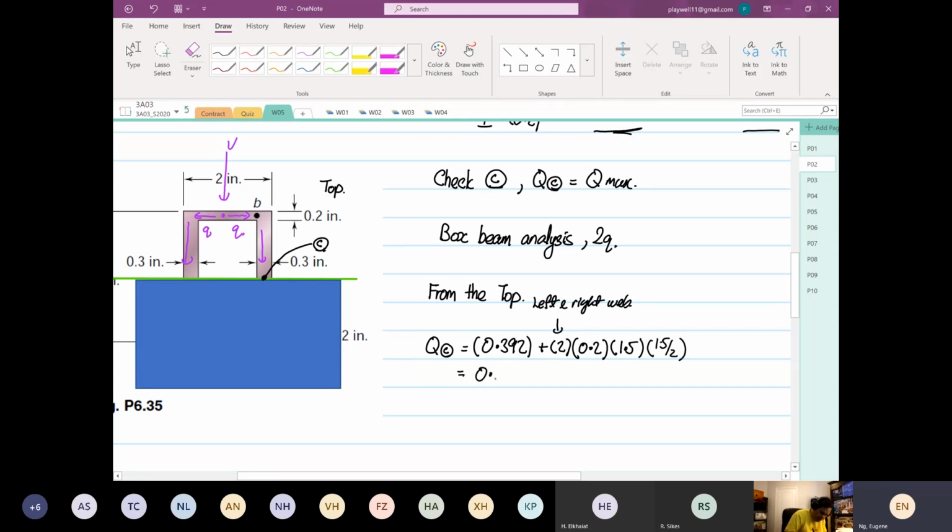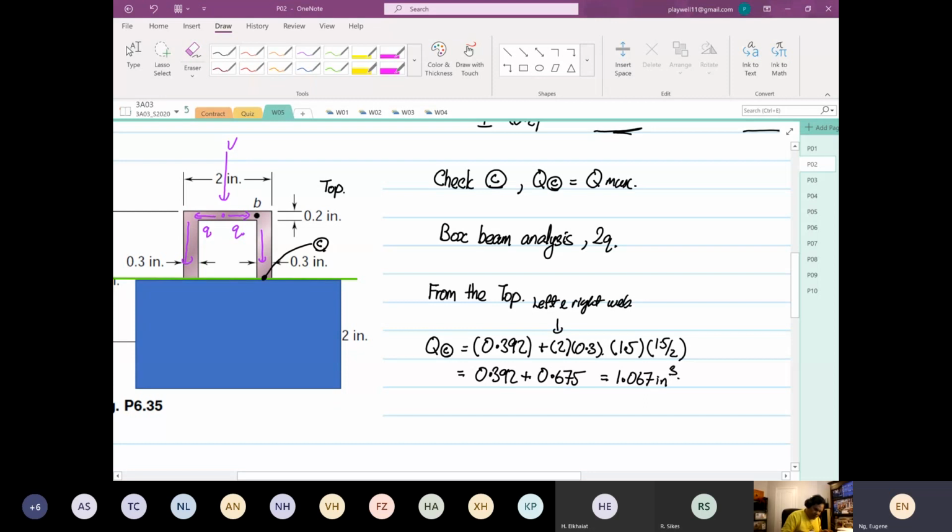So this is equal to 0.392 plus 0.75 times 1.5 divided by 2 times 1.5 times 0.2 times 2 plus 0.45. Wait, hold on, my thickness is wrong, it's 0.3, not 0.2. So 1.5 divided by 2 times 1.5 times 0.3 times 2 is 0.675. So 0.392 plus 0.675 equals 1.067